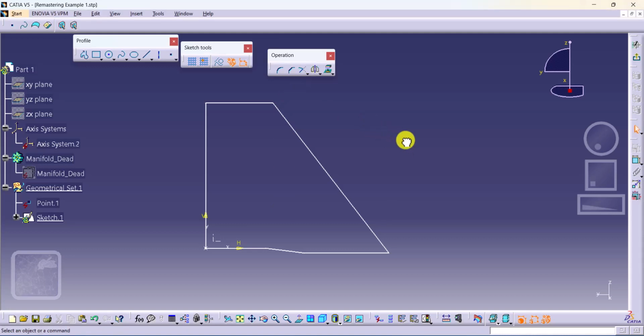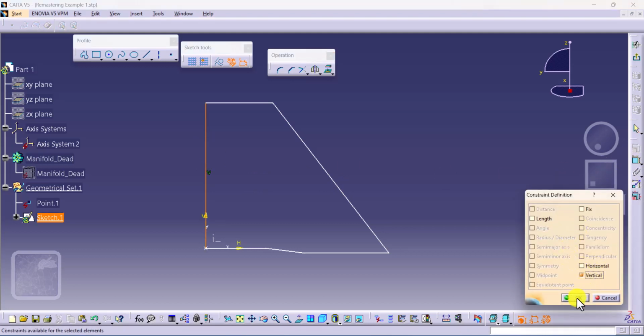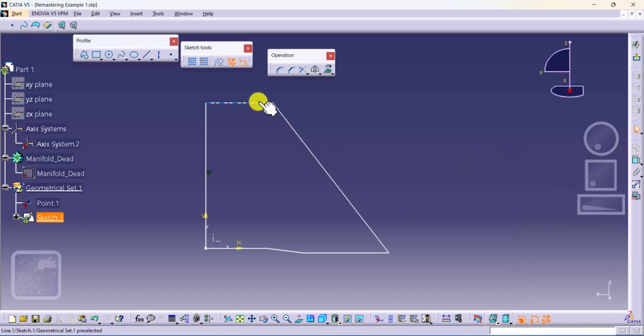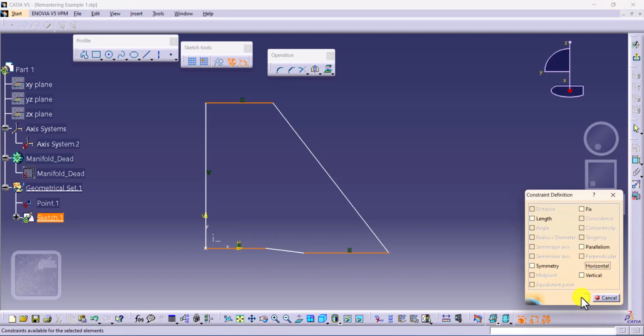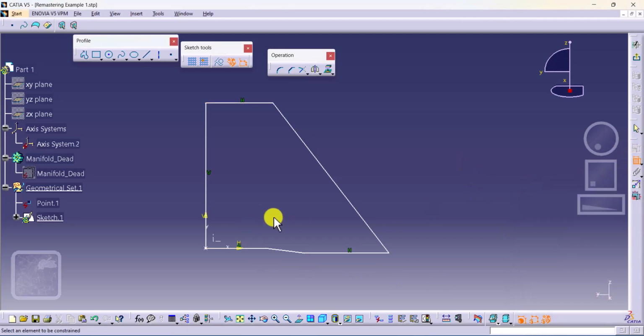Okay, now we'll be applying the constraints on this. So this particular line will definitely have the vertical constraint. I'll select this, go to this dialog box, and choose vertical. Similarly, using Control 1, 2, 3, these three lines will have the horizontal constraint. I'll be applying that, and then I can apply the dimensions. Before that,